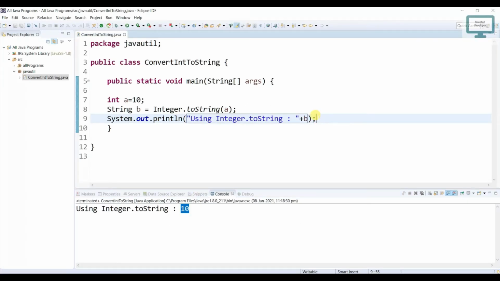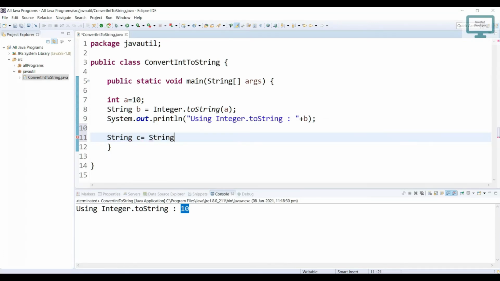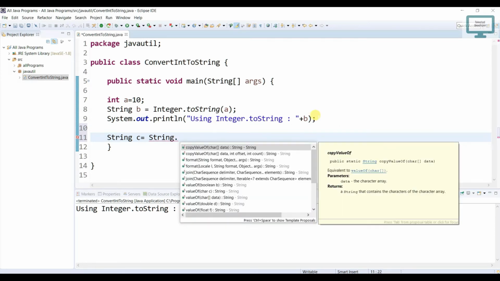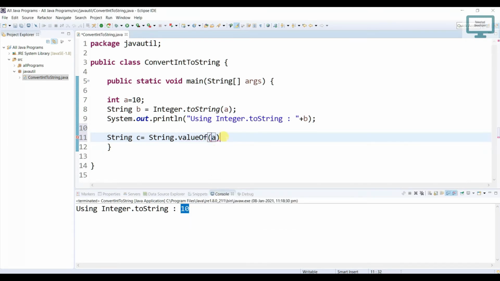So what is our second approach? In the second approach, we are going to use String.valueOf. So similarly, we have to declare a string. Now I'm going to give the name as c equal to, we have to use String dot, right? You can see again there are multiple functions, but mainly we have to focus on valueOf. You can easily convert double, float, any variable like that. So just select this one. Now again a, right? So now what will happen? Now string c will hold the value of a, but using a string conversion.